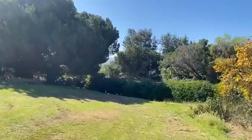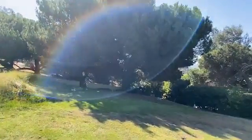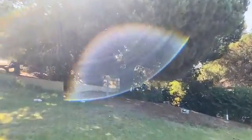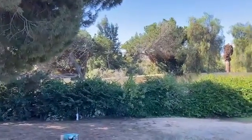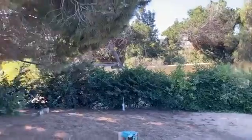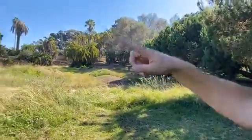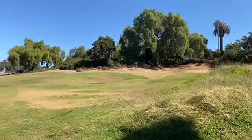So we're kind of taking the scenic route down here through Presidio Park. We'll take you right through one of the fortification walls. So you can see, if you pan around here, that the original walls for the Presidio, this would have been the west wall right in front of us here, and then you've got the south wall, and up towards the top of the hill there would be the north wall. And so this whole square would have been where the original Presidio would have been built,